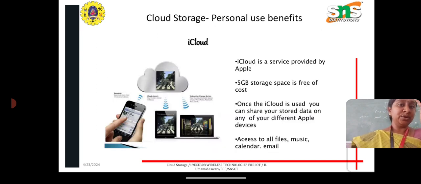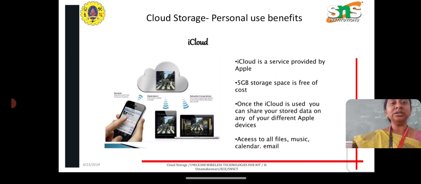Then the cloud storage personal use benefits. As I said, from the main node the data is split into different parts, the database is created over there and the data is stored there. Likewise, iCloud is a service provided by Apple. It has 5 GB storage space, and it is free of cost.